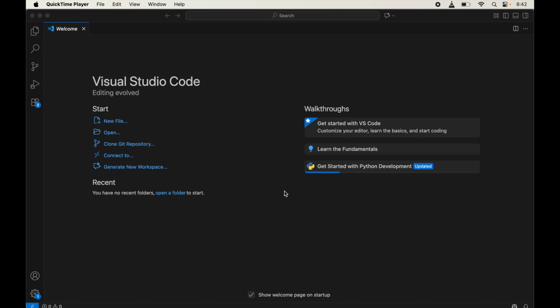In this video, you will learn how to install Sklearn library in the Visual Studio Code Editor,